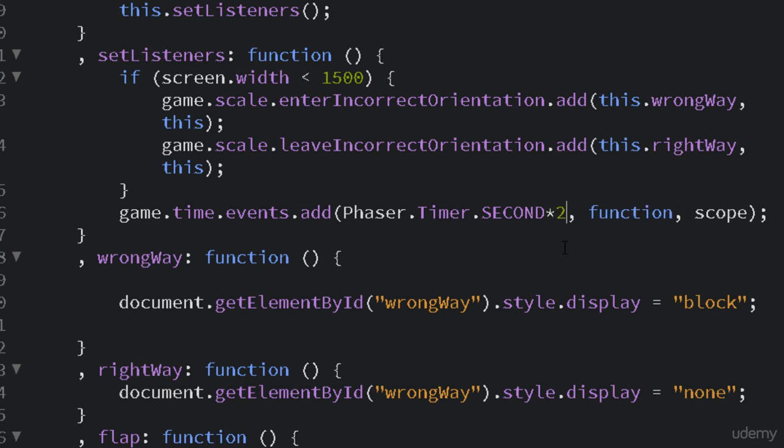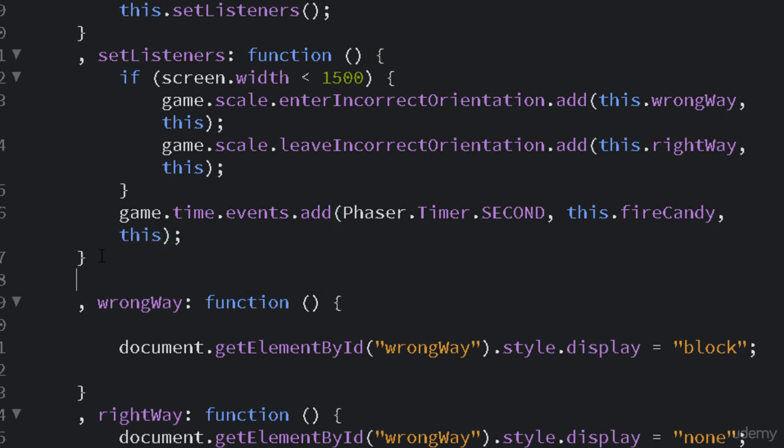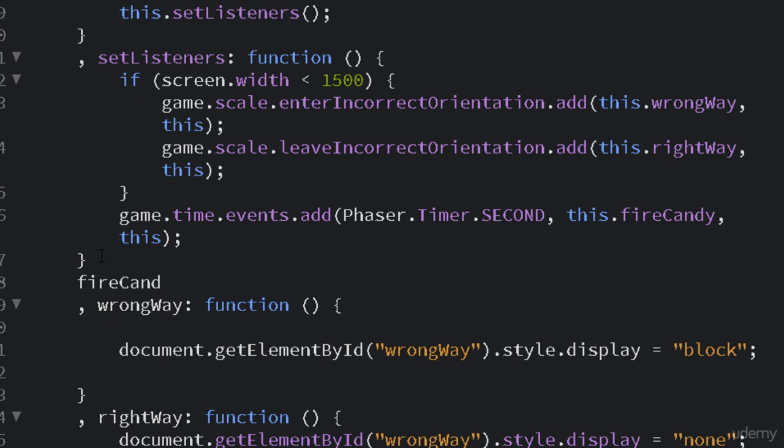Now there's a constant Phaser timer second, and so that's equal to 1 second, and you can multiply it by 2 or 1.5 or whatever you want, and that'll be the number of seconds. The next parameter is the function that we're going to call, and we're going to call it this fire candy. We have to put the scope in of this, otherwise we can get trouble later. So fire candy function,